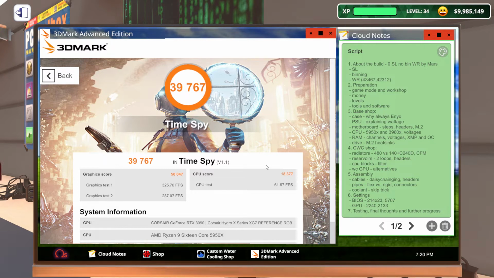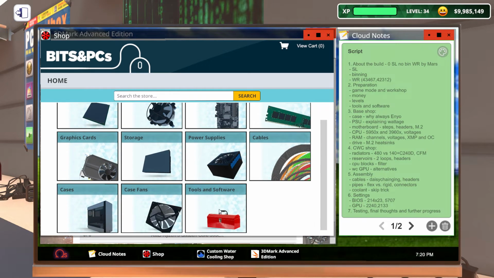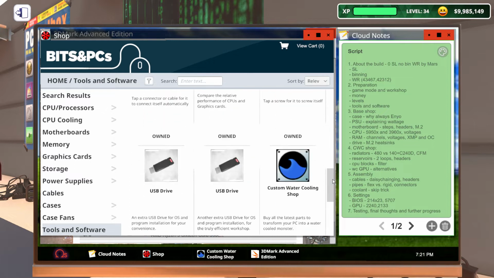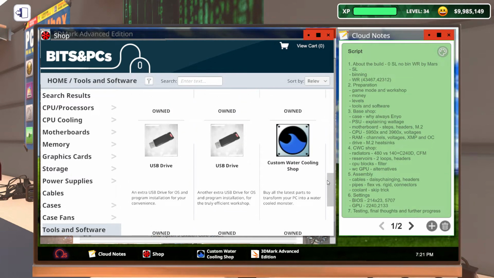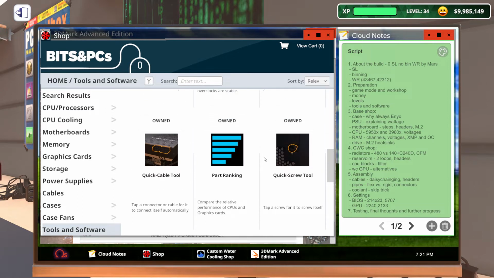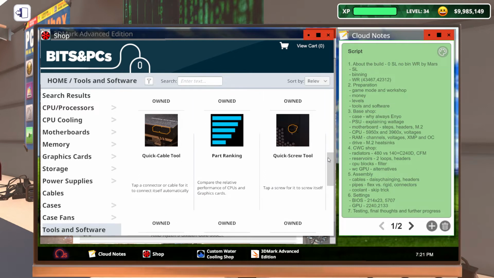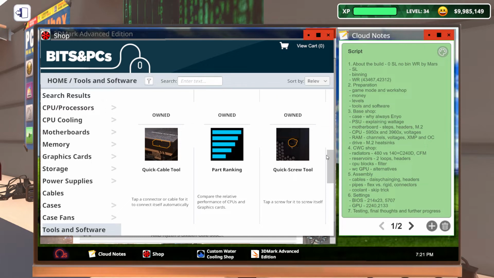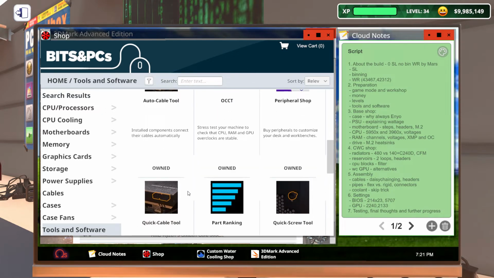And we'll also need some tools and software, which we can get from the shop in the tools and software category. Basically, we want to buy everything here. Like, we'll need a custom water cooling shop, we'll need a quick screw, we won't need part tanking, but if you're playing in IT expansion mode, we'll have all the money we need, so we might as well just buy everything. We will not be using auto cable and